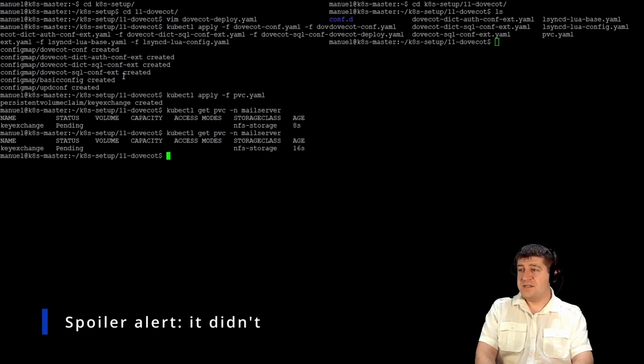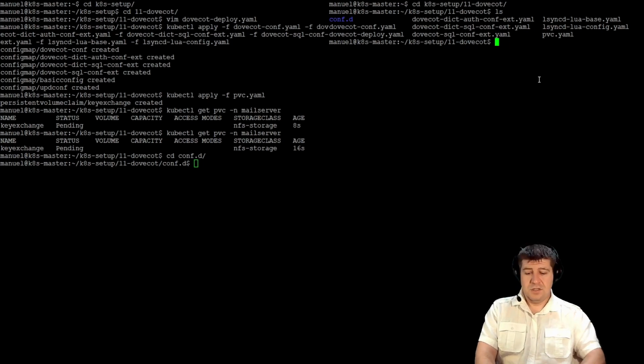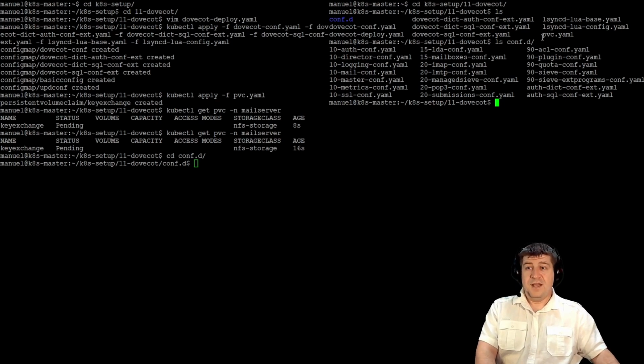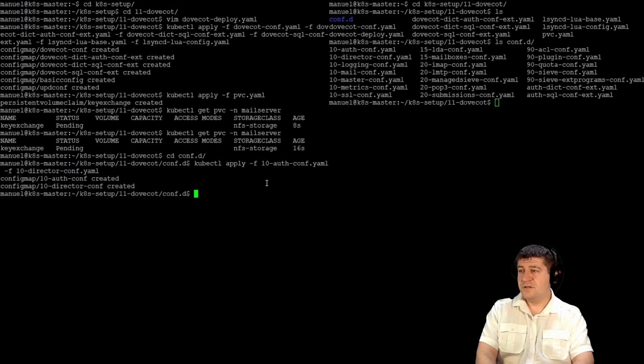Next, you can see on the right hand side we have our conf.d folder, so we need to deploy those maps as well. So I'm going to switch into the conf.d folder, and we're going to ls conf.d and have to apply all those maps with kubectl apply -f 10 -f 10 director